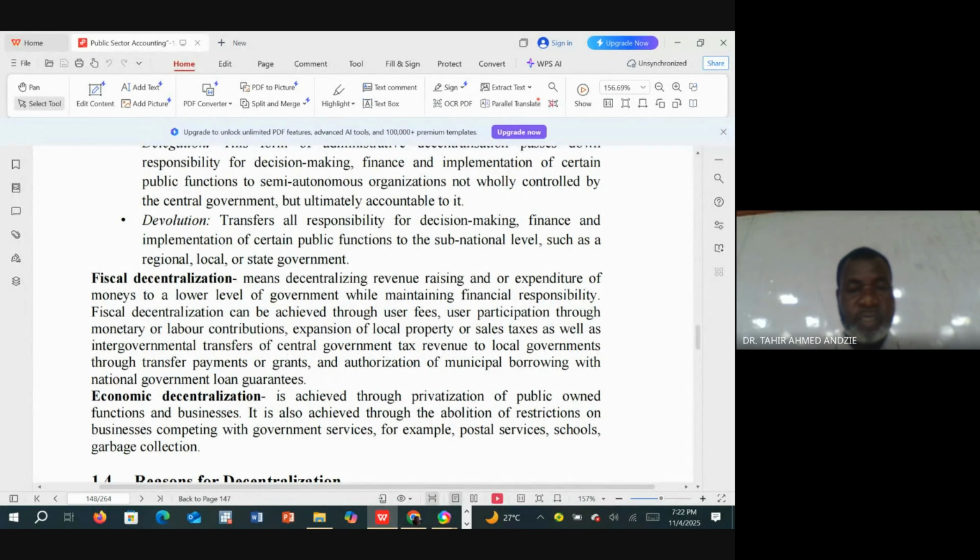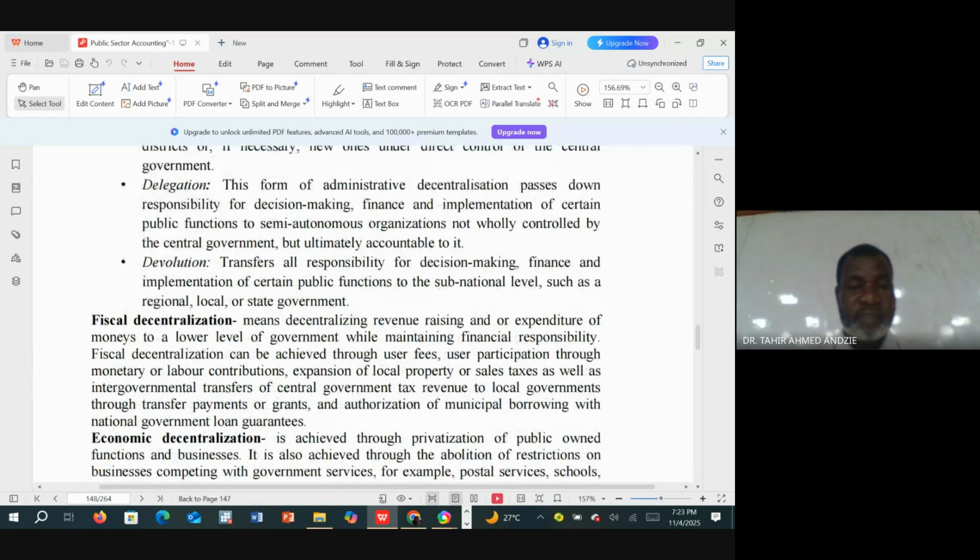Fiscal decentralization here means decentralizing revenue raising and/or expenditure of money to a local level of government while maintaining financial responsibility. So when it comes to fiscal, here we are not talking of fiscal in terms of a person. This one is fiscal in terms of fiscal policies. Okay, so in fiscal decentralizing here, the government, the local government actually transfers the power to generate or raise revenue in